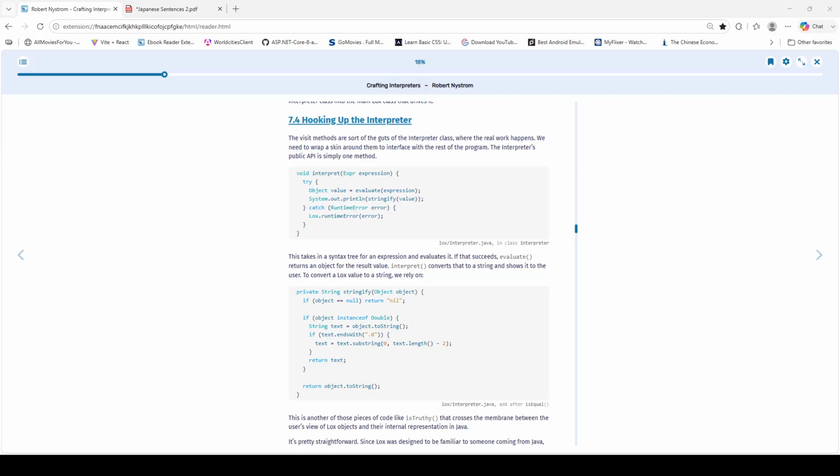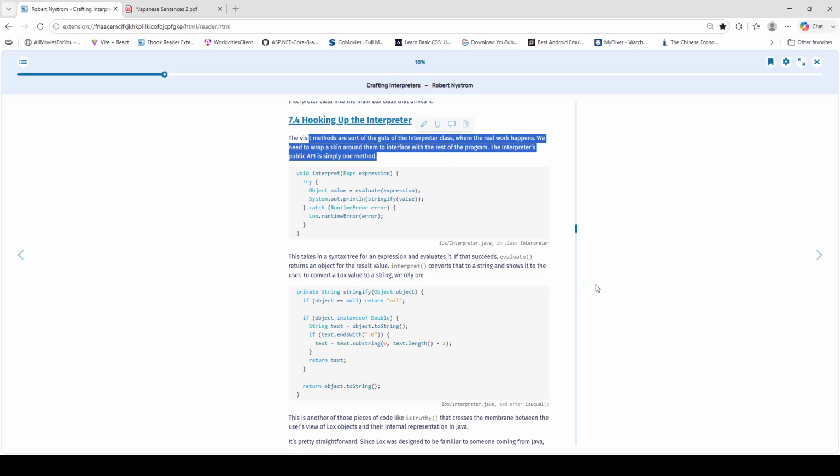Hooking up the interpreter. The visit methods are sort of the guts of the interpreter class, where the real work happens. We need to wrap a skin around them to interface with the rest of the program. The interpreter's public API is simply one method. So here in class Interpreter,